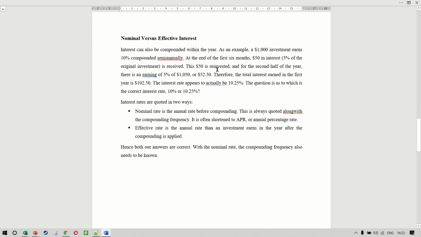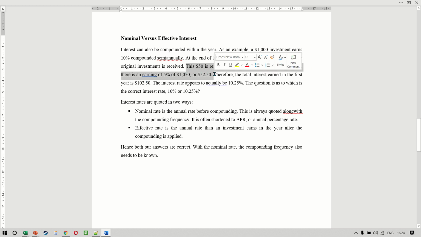And finally, we look at nominal versus effective interest. Now, interest can also be compounded within the year. For example, an investment of $1,000 earns 10% compounded semi-annually, which means that at the end of the first 6 months, 5% of the original investment, $50 in interest, is received. And now this $50 is reinvested, and for the second half of the year, there is an earning of 5%